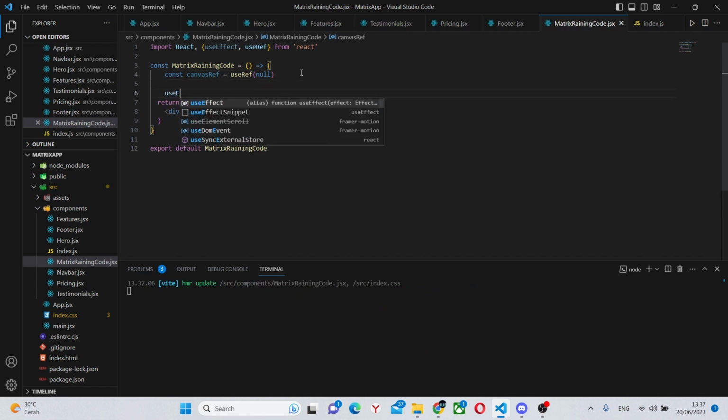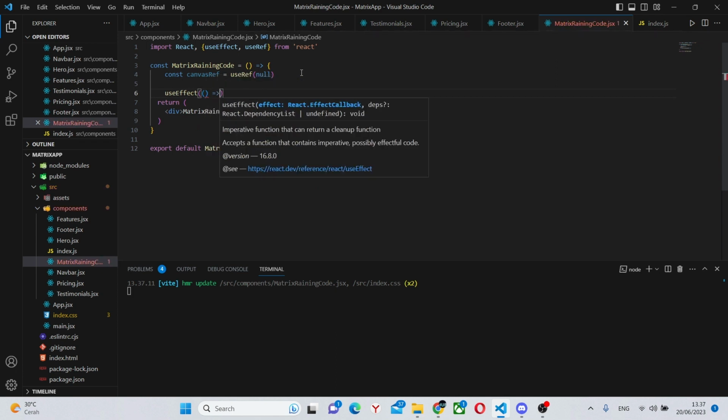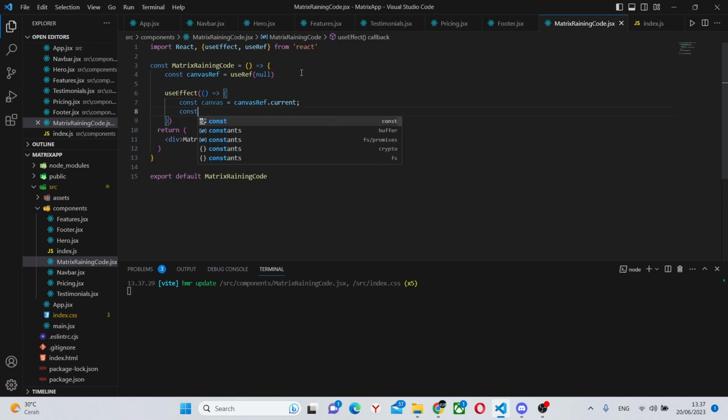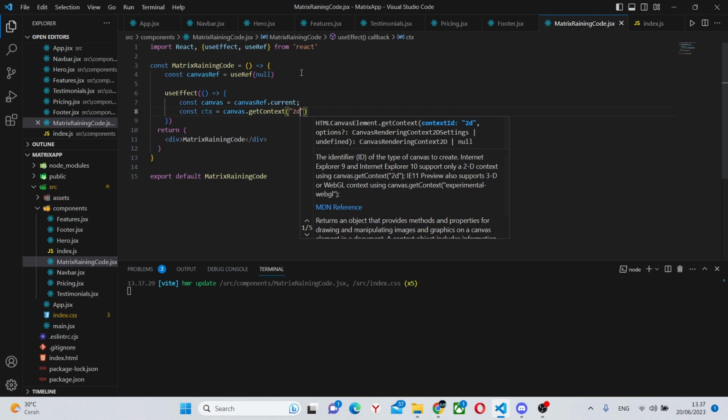Next, we'll have a useEffect, a rather large useEffect, because this is where most of the functionality will be stored and used. So in here we can say const canvas equals canvasRef.current. Const ctx equals canvas.getContext 2D.